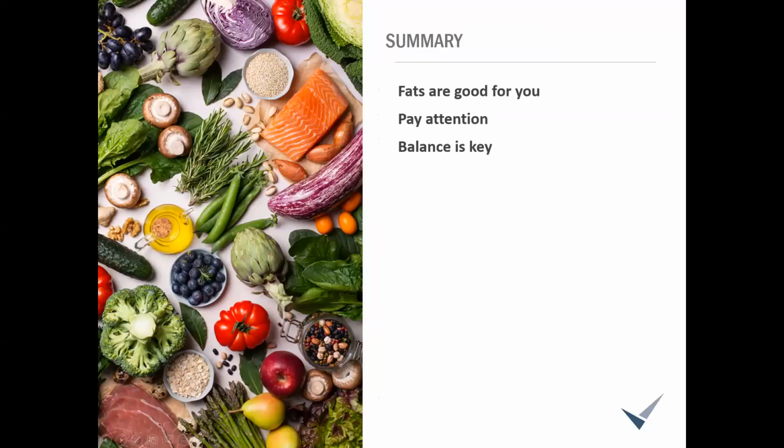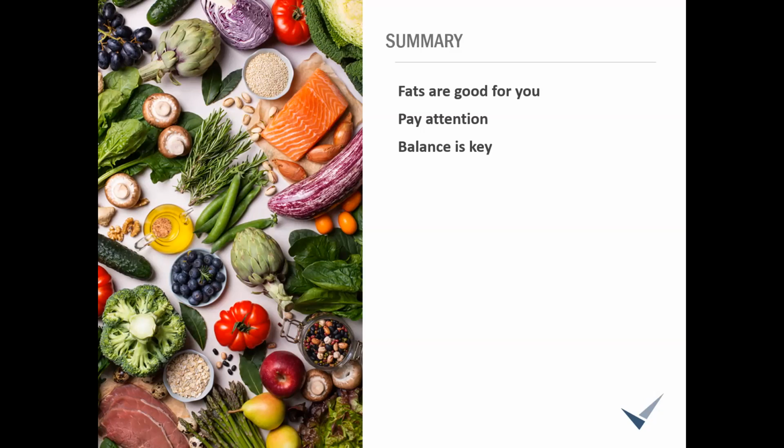All right, so to summarize, again, I get that it's a complicated topic and some of you are still going to disagree with me maybe on things that I said or have something to add. I haven't been reading all of the comments, but I hope you're helping each other out with things. But really, what we do know for sure is that fats are good, right? But you do need to pay attention to how your body responds to fat, to each type, whatever it may be. And really, balance is the key with your diet, right?